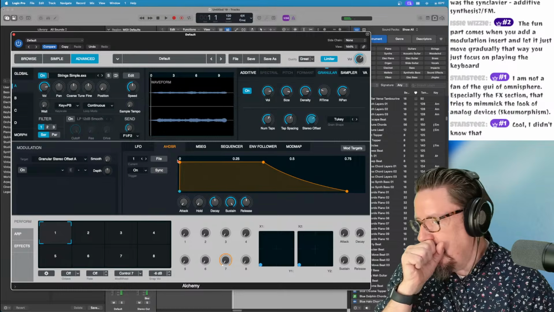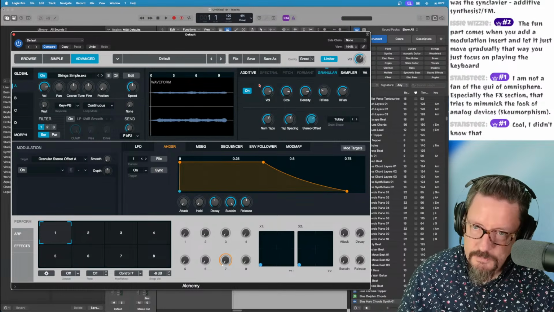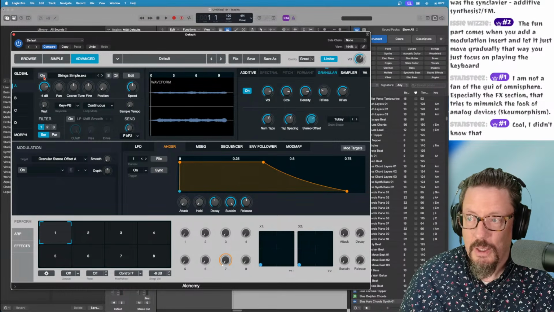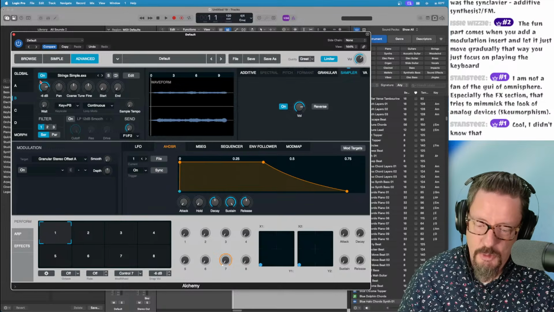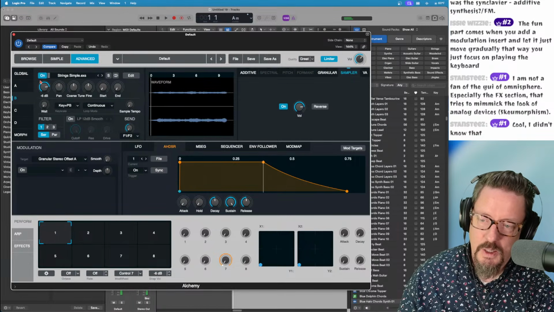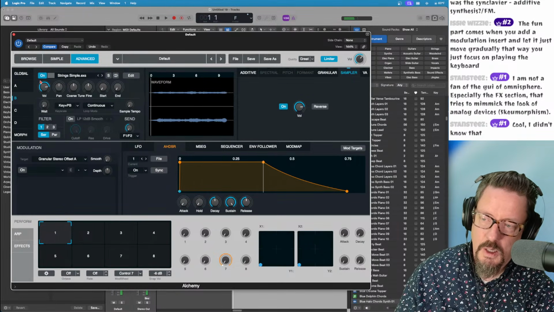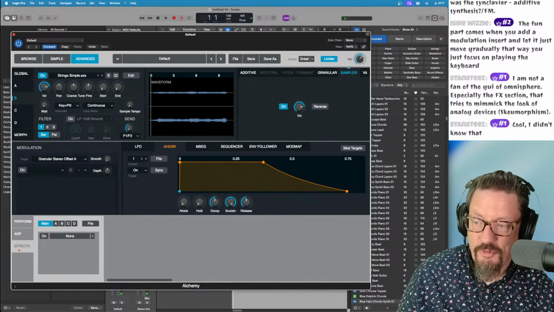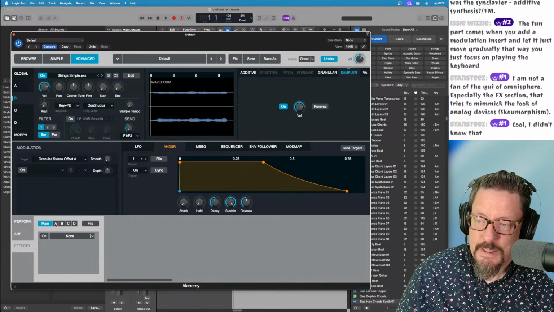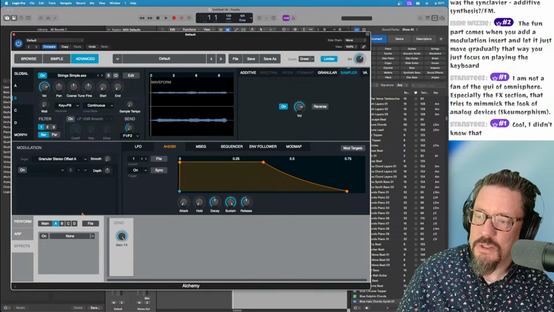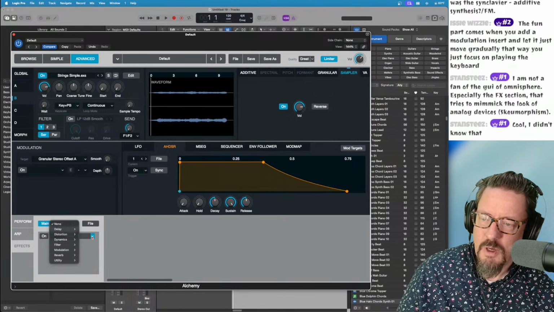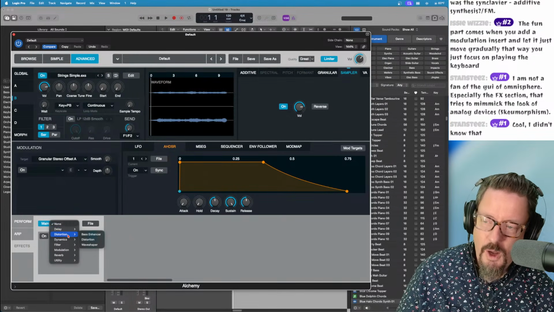So that becomes a different instrument, but we always have the ability just to go back to the original sampled one as well. And we have all the effects that we have. We're on B, or we could do main one maybe even. But we have all of these effects.